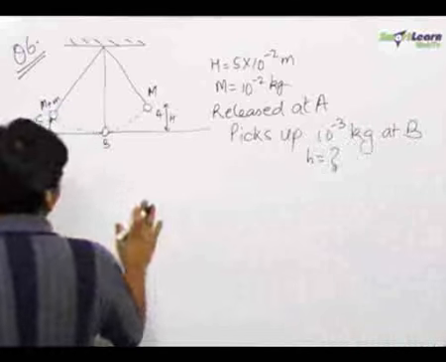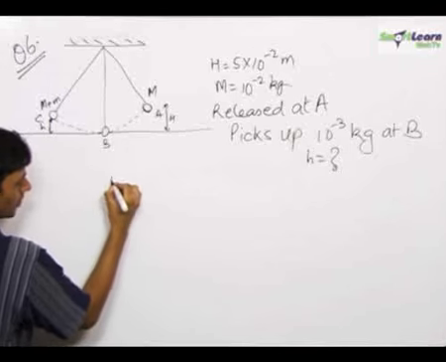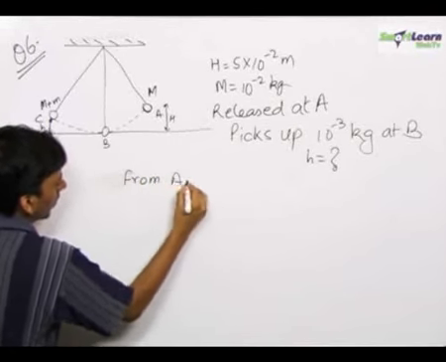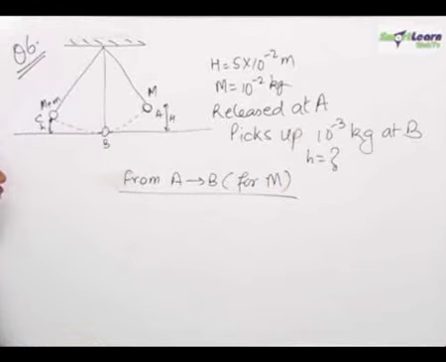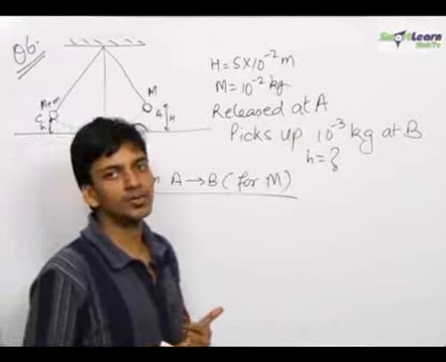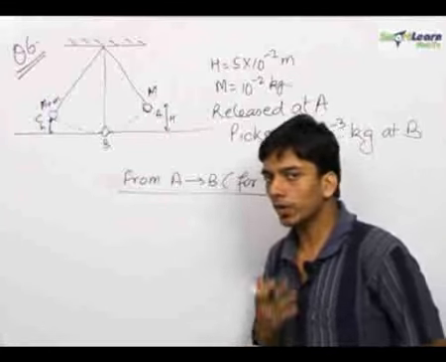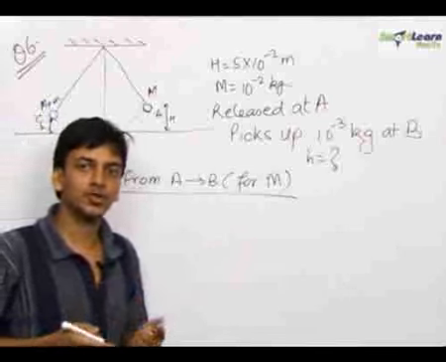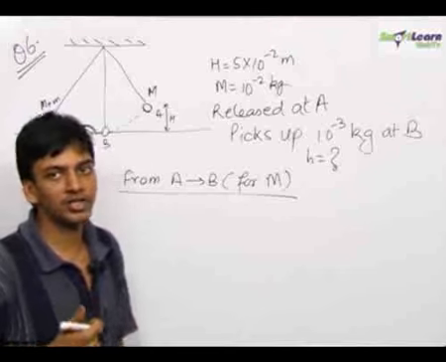Now, for solving this question, let us first analyze the motion of this mass m from point A to B. From A to B, for m, work done by external forces is 0 because the external force is tension, and the tension is always perpendicular to the displacement, which gives the work done by tension to be 0. There are no internal non-conservative forces, due to which work done by internal non-conservative forces is also 0. There is work done by conservative forces, but that will be handled by the potential energy, which we take into